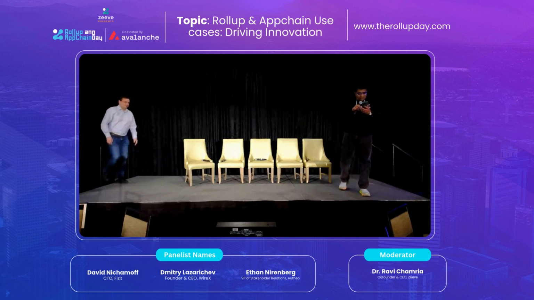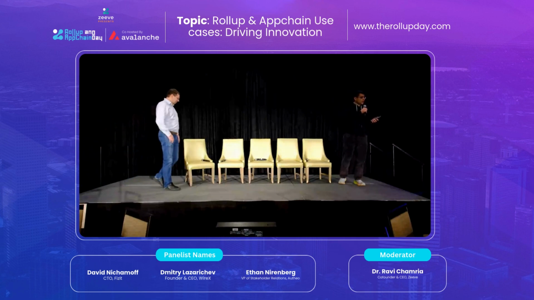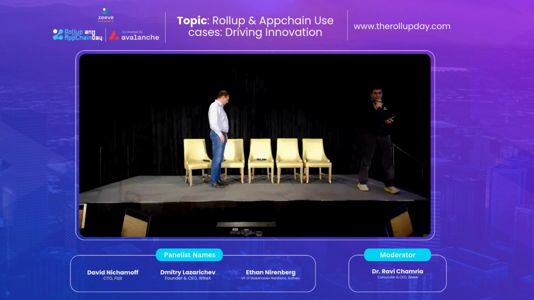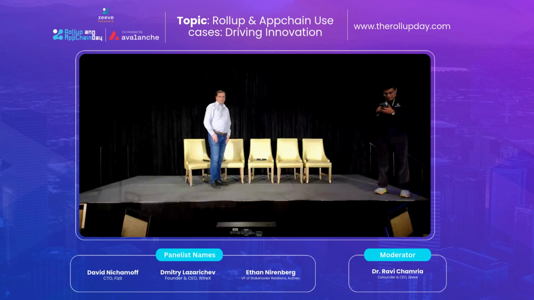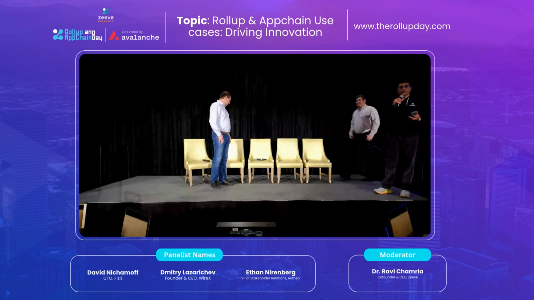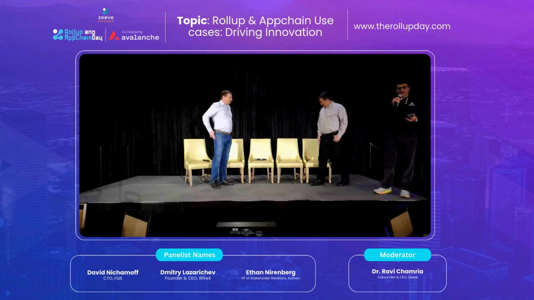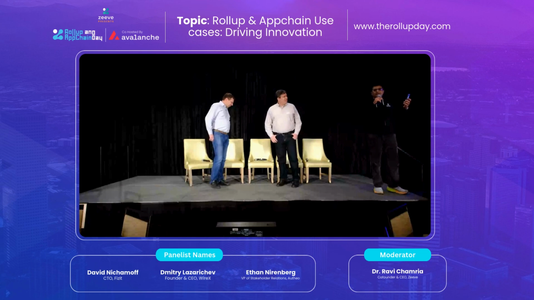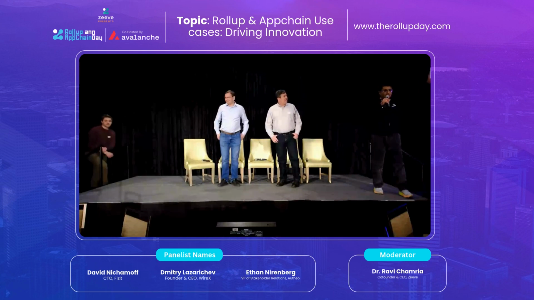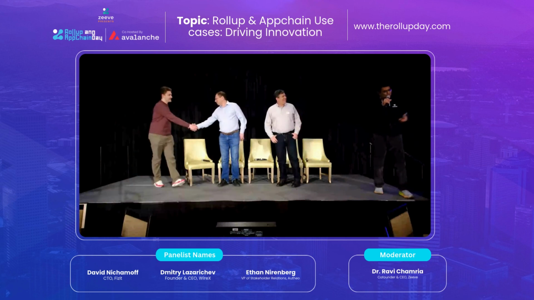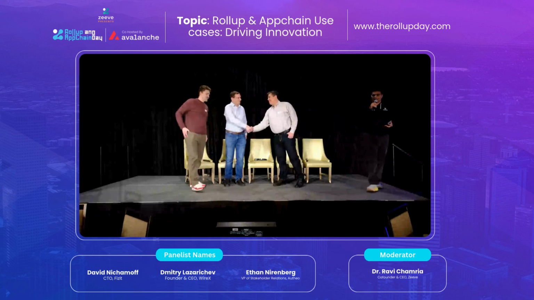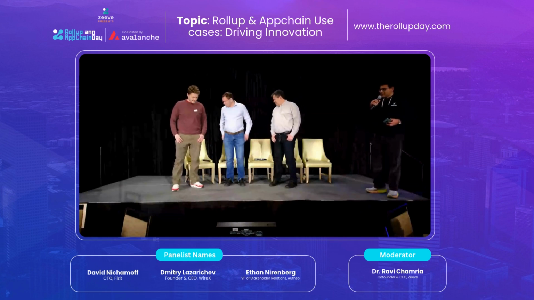We also have David Nichamoff, who's the CTO at Fizit, and they have an Avalanche subnet running right now. We have Ethan, who's VP Stakeholder Relations at Autheo. They have a Cosmos SDK chain running. And we have another gentleman, Rohit Jain. He's from India, so he doesn't know how to navigate the snowstorm. So he's stuck somewhere in the storm. He should be here shortly. But I'd also like to call Ravi, who's the CEO at Zeeve, to moderate the session.